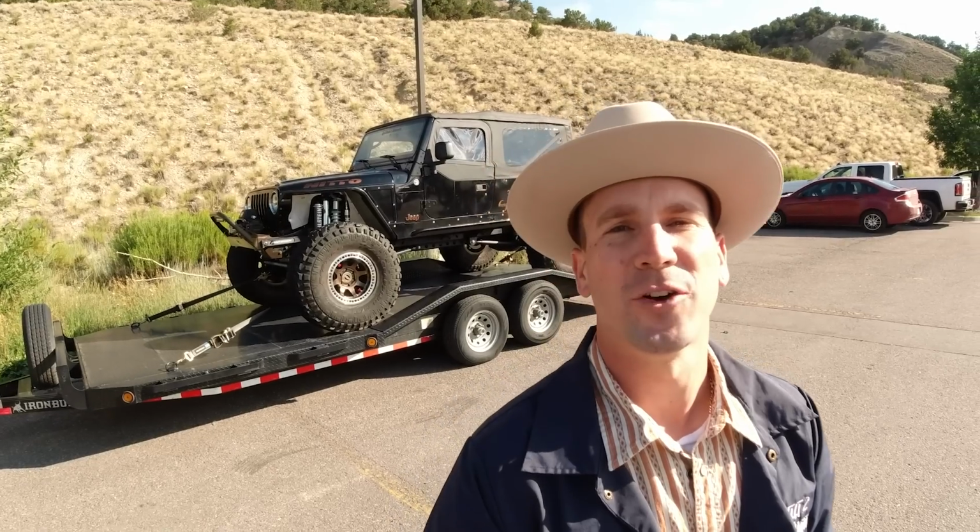We are getting ready to hit the road for the 70th anniversary Jeepers Jamboree out on the Rubicon Trail with 3D Off-Road. Stoked to get the Samuel LJ out on the trails for the first time and show you guys